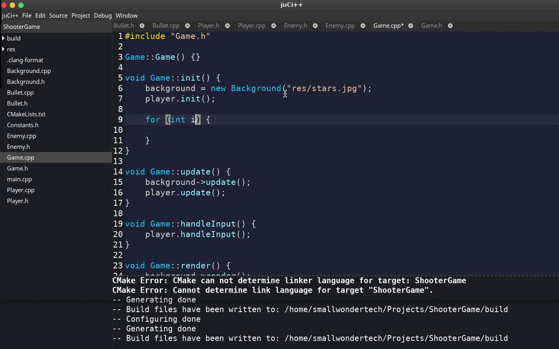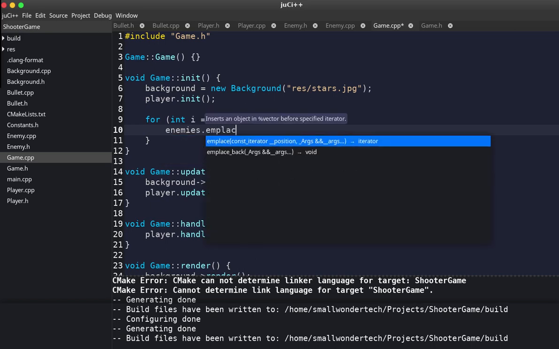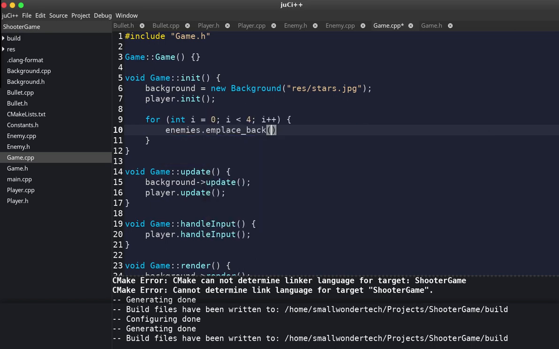Alright, for int i equals 0, i is less than, let's just do 4, i plus plus, and enemies.emplace_back, we're going to do new Enemy. So we're going to make 4 type 1 enemies pretty much. Alright. So we're going to make 4 type 1 enemies, and the next thing I want to do quickly is update